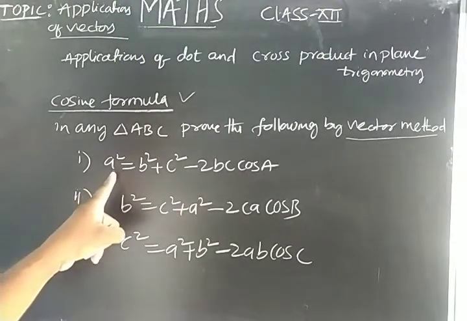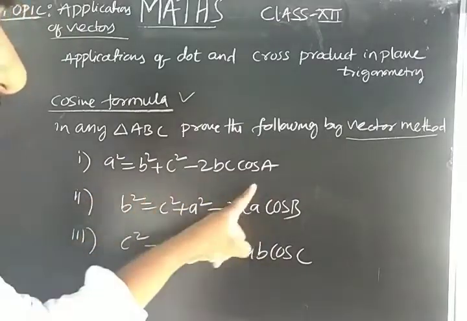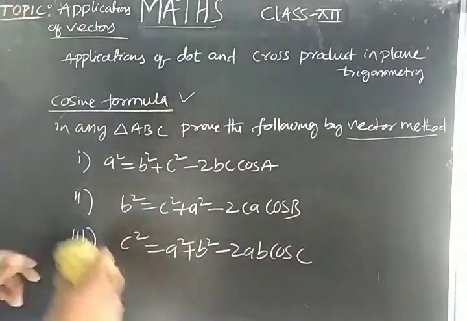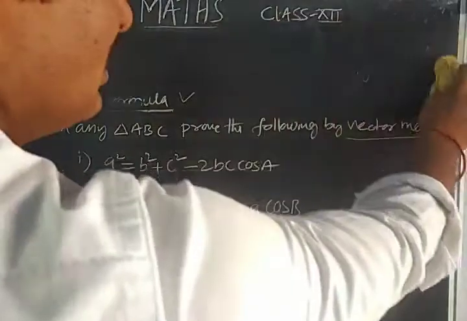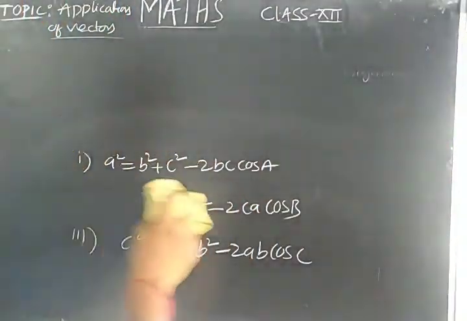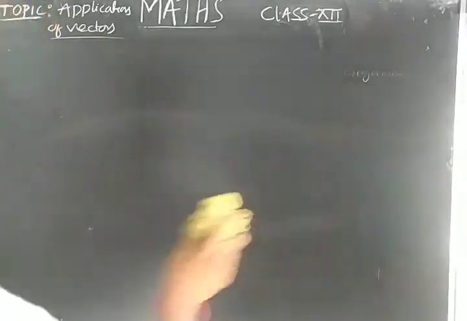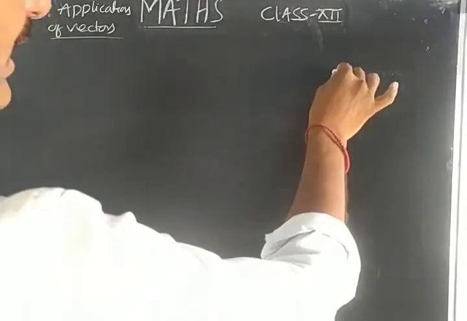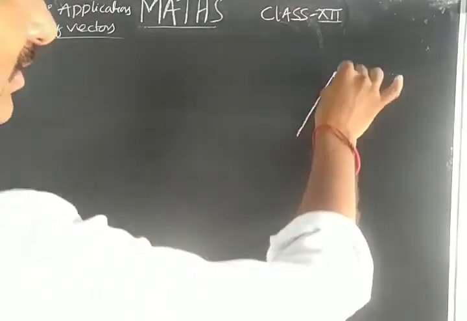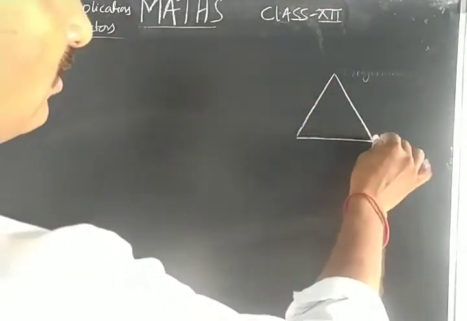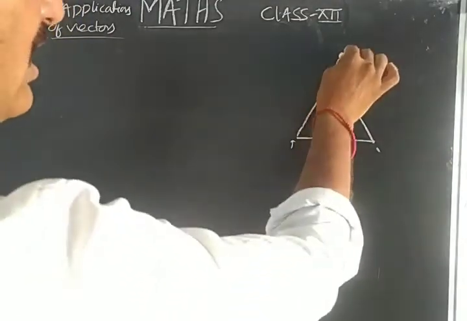First I will show this formula. In a similar way, you can show the second and third ones by using the vector method. I am going to show this formula: a square equals b square plus c square minus 2bc cos A. Let me take one triangle. This is triangle ABC,